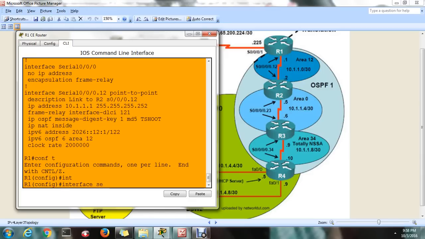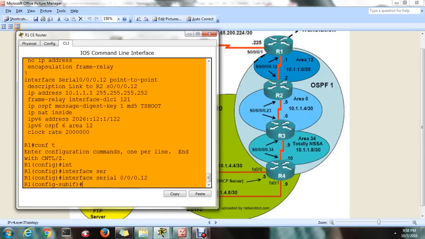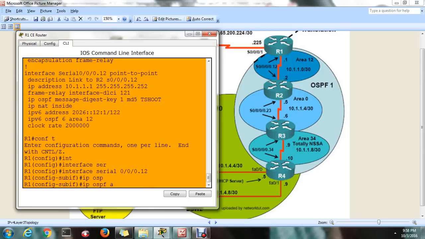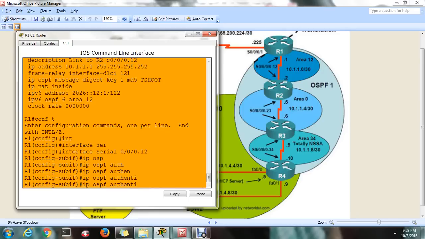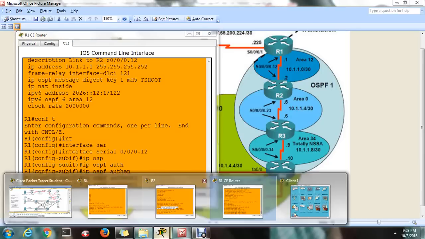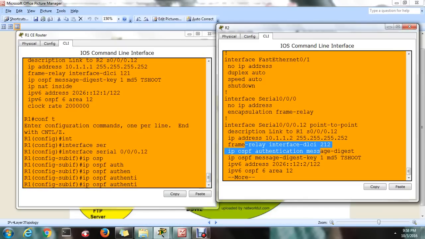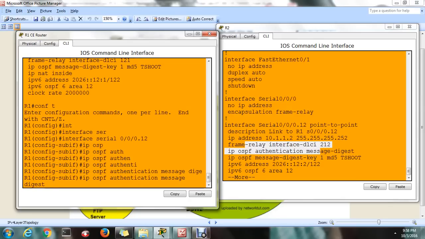enabling it on serial interface 0/0/0.12. IP OSPF authentication. You have to check what command it takes. IP OSPF authentication only, right? IP OSPF authentication message-digest.